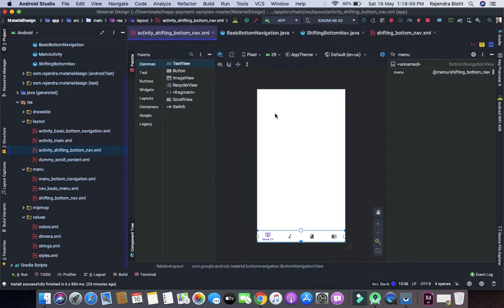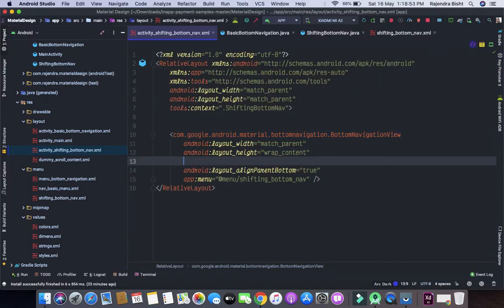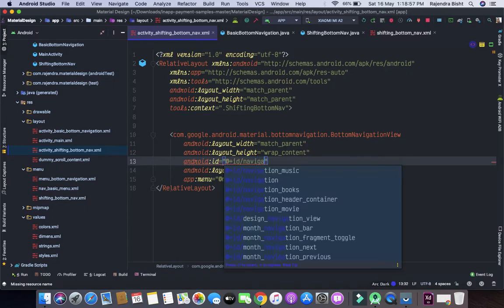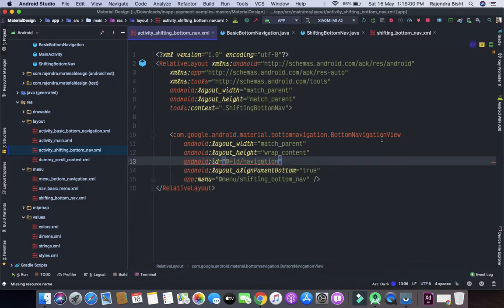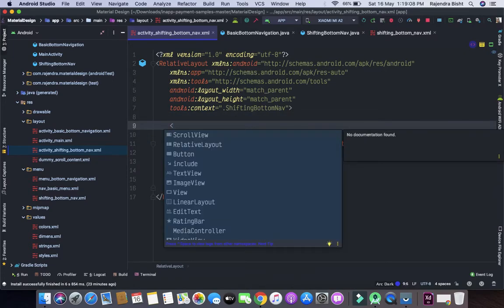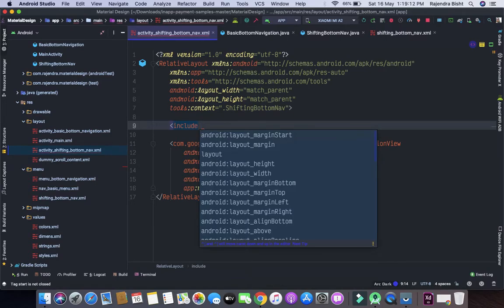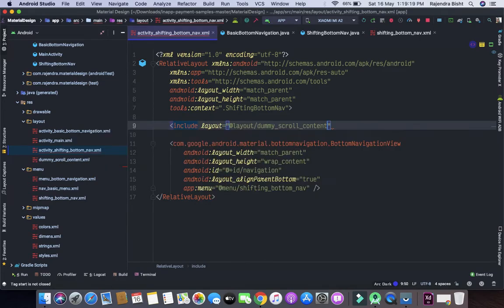Let's first give it the ID, let's say navigation. And I will add a scroll view here, as we have added in the basic bottom navigation view. Dummy scroll content.